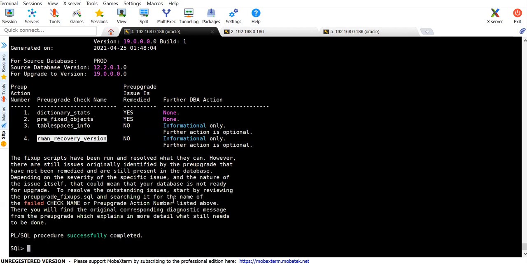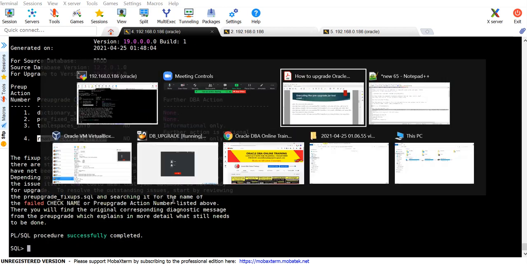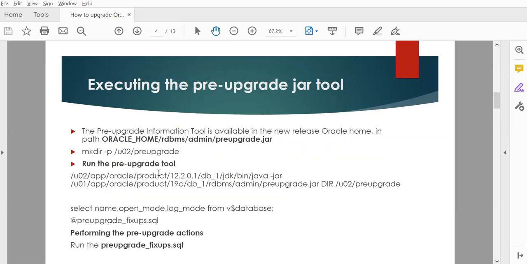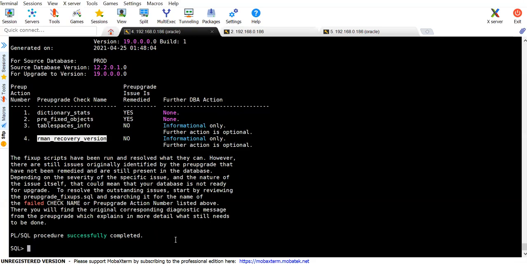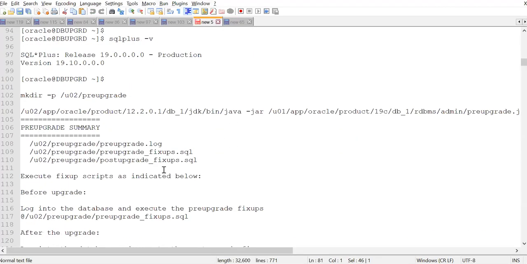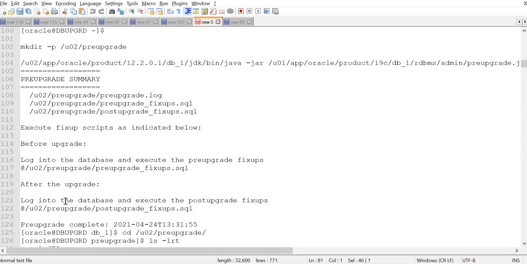Okay, this is what we have seen so far. So basically we'll be required to, just a moment, let me go through the release document also. So we have run this one, and